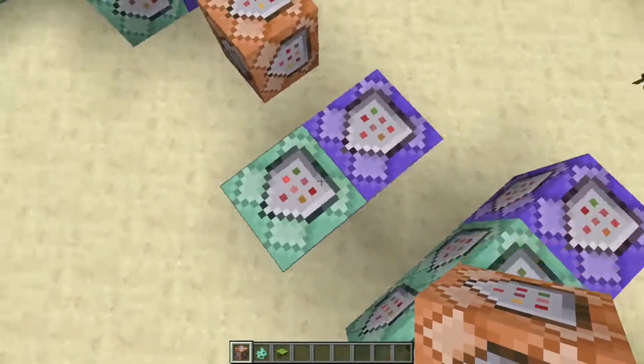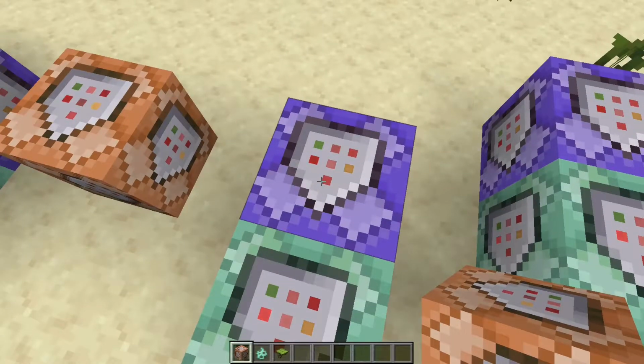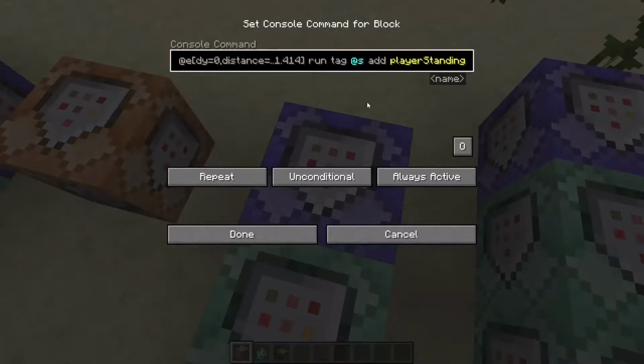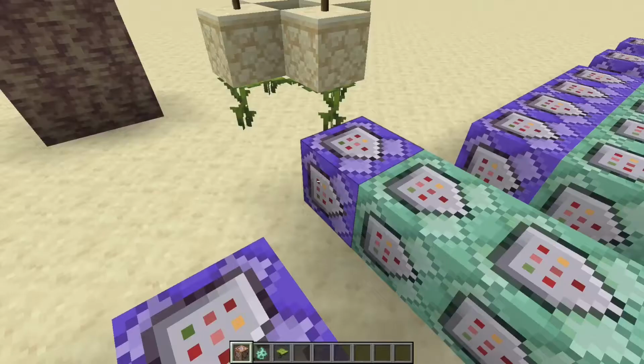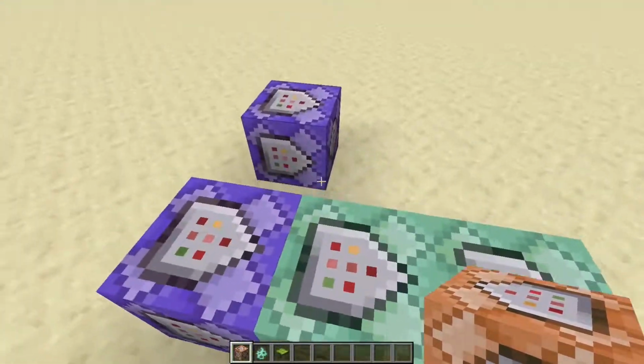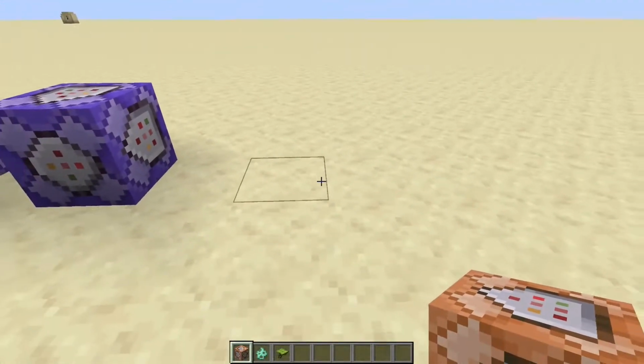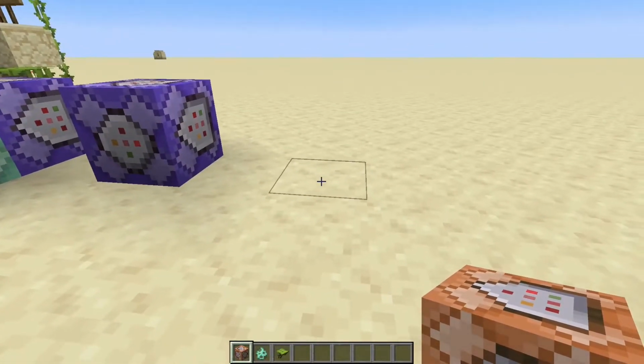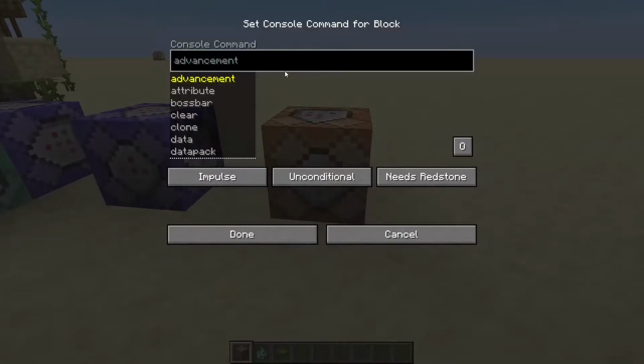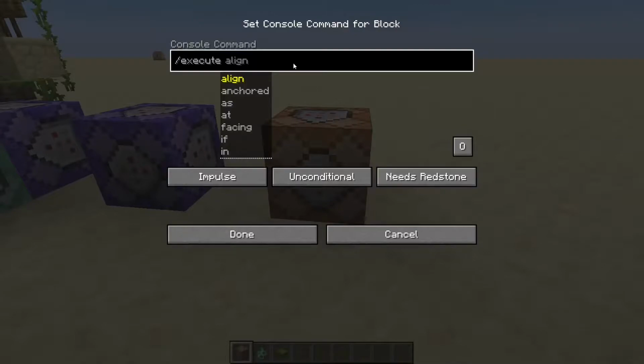So remember the tags that we made last video, playerStanding and reverting? What I'm going to do is place down a new command block, and using these tags, I'll do /execute as @e tag equals Dripleaf tag equals playerStanding